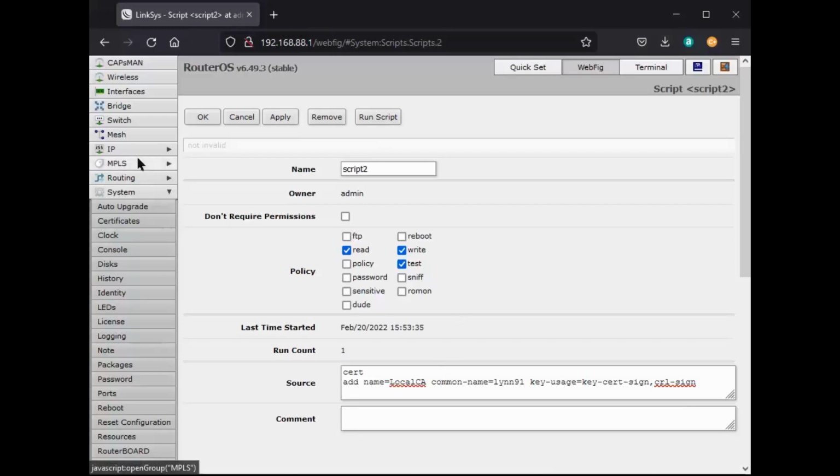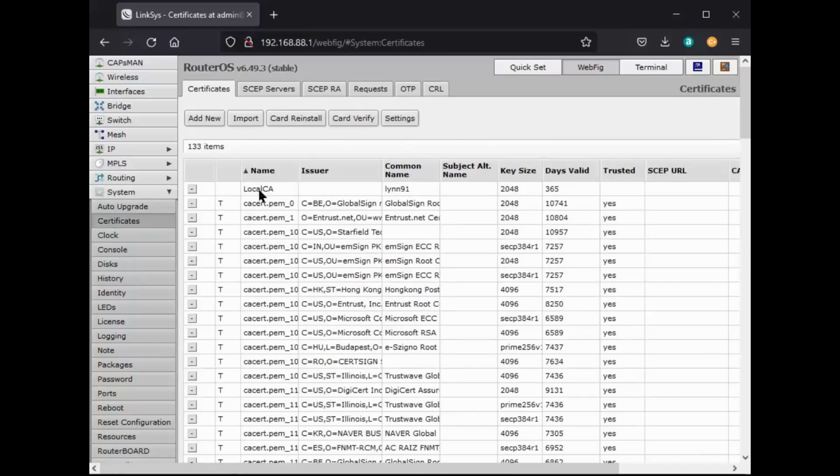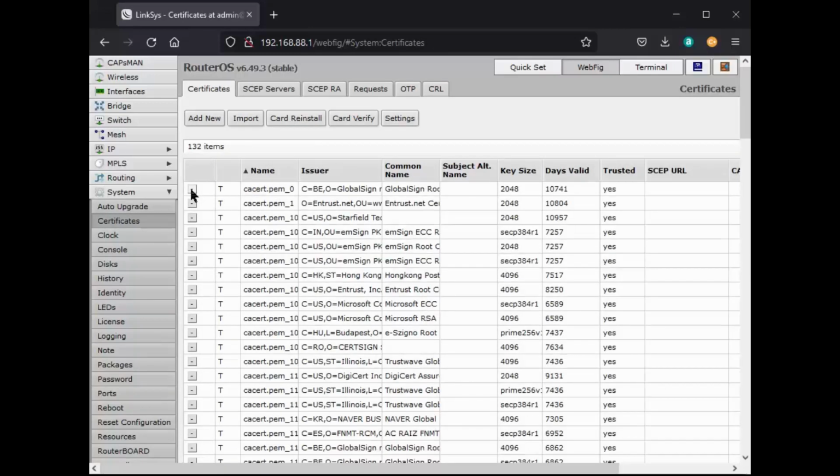We go over here and we look for certificates under System. You see it created it right there, LocalCA. That's a script we just created. I'm going to remove it for right now. Point is, you can in fact use